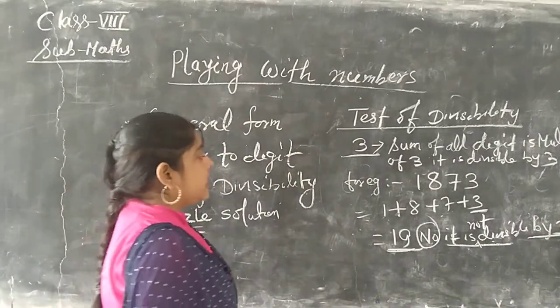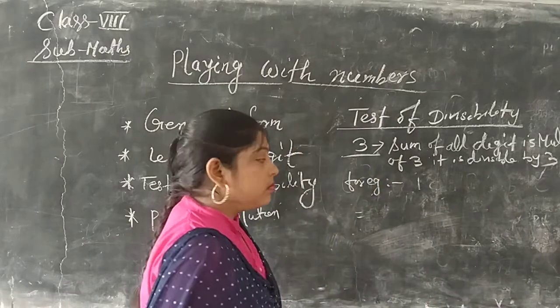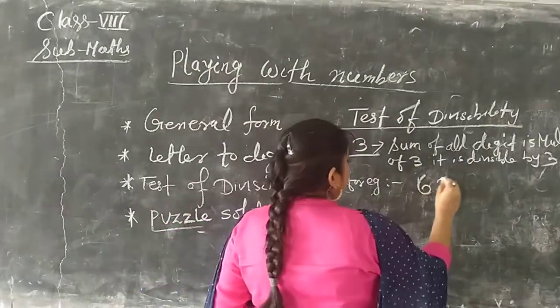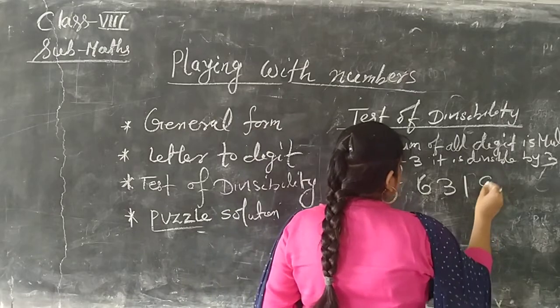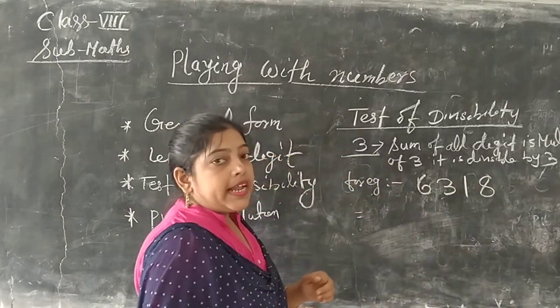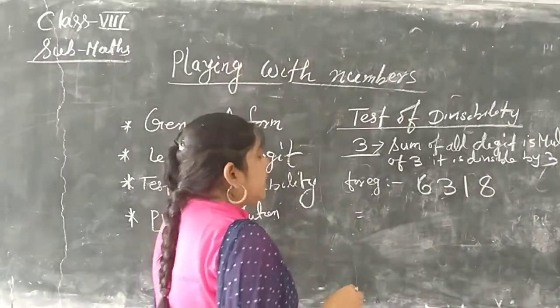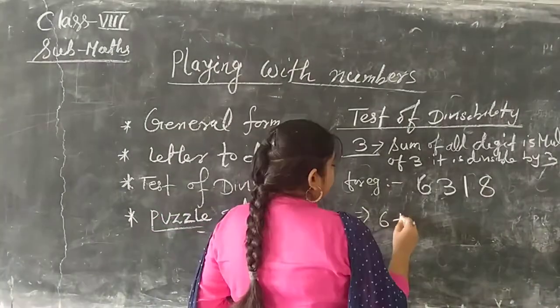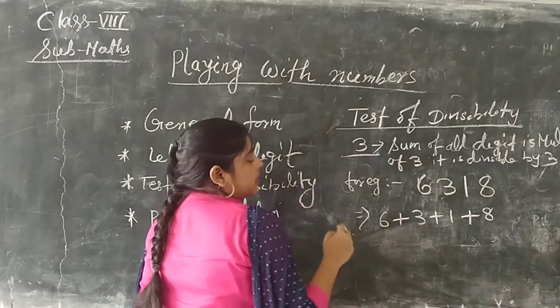Next, another example. 6318, is it divisible by 3? Again we apply the rule: 6 plus 3 plus 1 plus 8. 6 plus 3 is 9, 9 plus